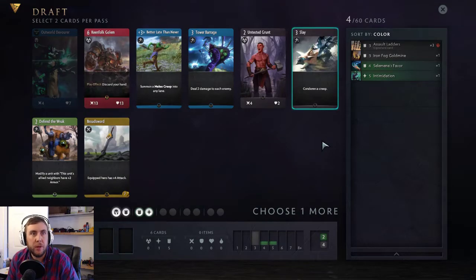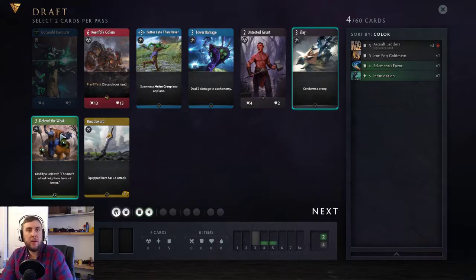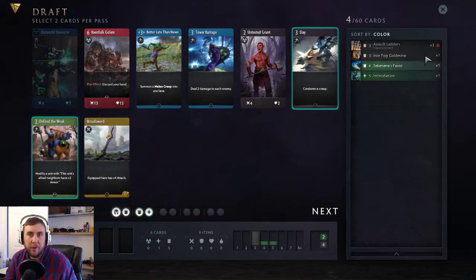Slay is really good. After that, maybe this Defend the Weak. It's a card I still haven't really played all that much. I think it could be good. This Tower Barrage is probably worth considering, but I don't have any blue. Not that that really should impact me right now, but I think these are good enough that I'm going to